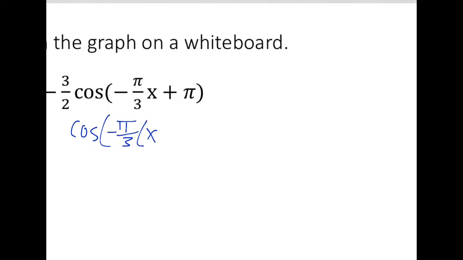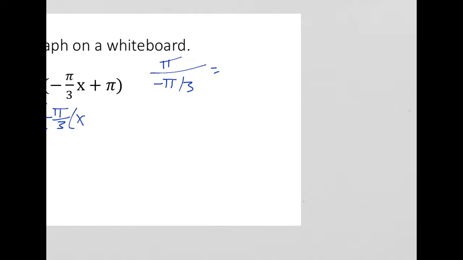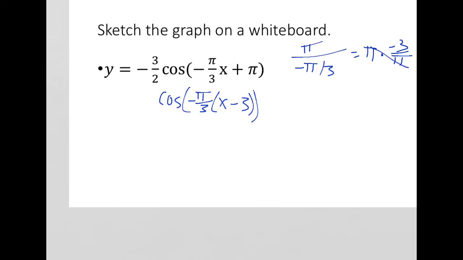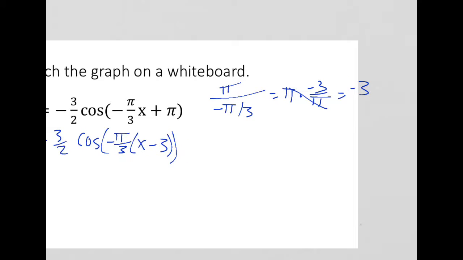Remember what I said a moment ago, factoring out is like dividing the thing you're factoring by what you're factoring out. So pi divided by -pi/3, well, dividing by a fraction is the same as multiplying by that fraction's reciprocal, so -3/pi. Then notice my pi's cancel, and I'm left with -3. So that means I need a -3 inside right there, and I still have my -3/2 just like that. Okay, well, let's figure out what our period is. Period is going to be the normal 2 pi for a sine and cosine function divided by the coefficient, which again,